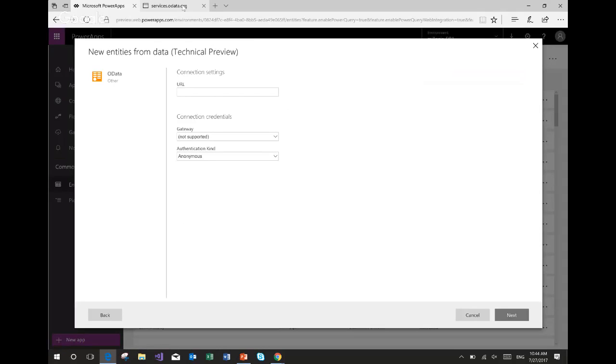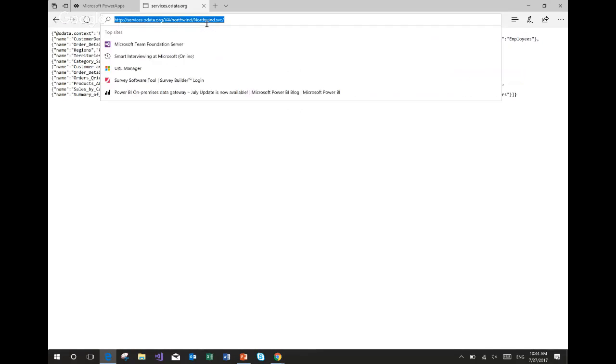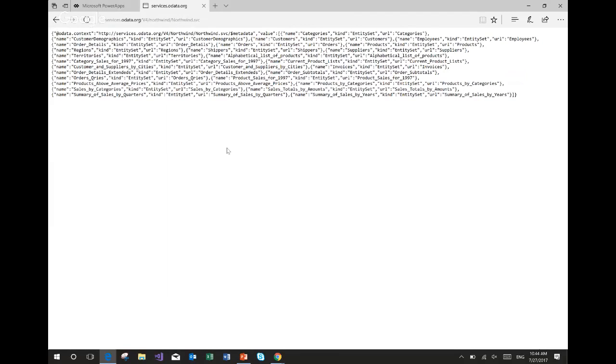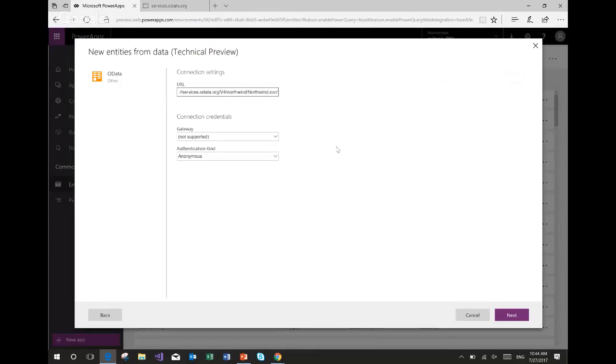So let's go and connect to my favorite OData feed in the world, which is the Northwind OData feed. This is the V4 version of this feed. So I specify that link, and this is an internet-facing OData feed, so I can just stick to not using a specific on-prem gateway.